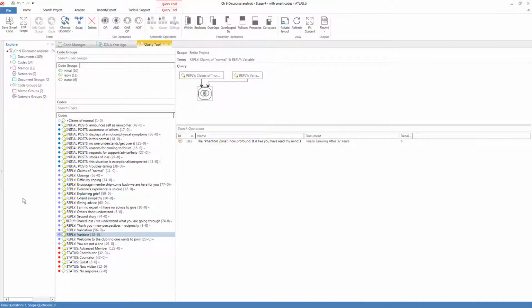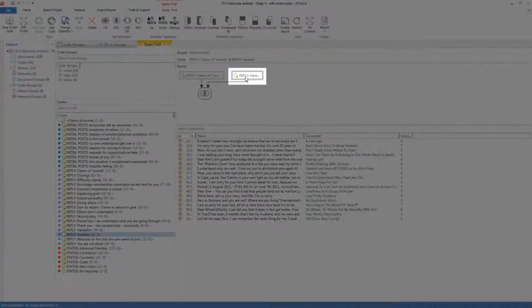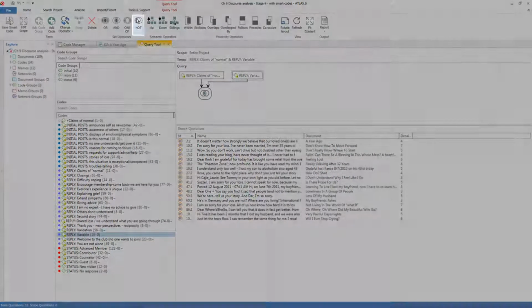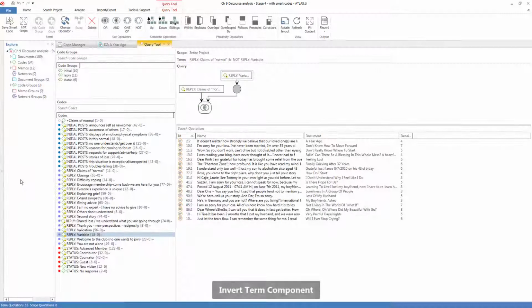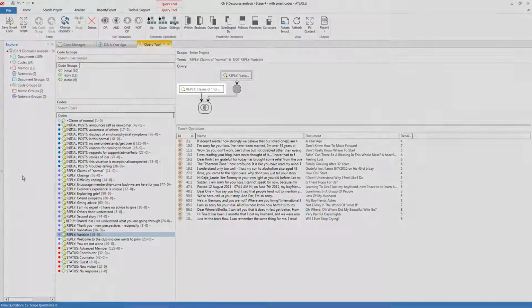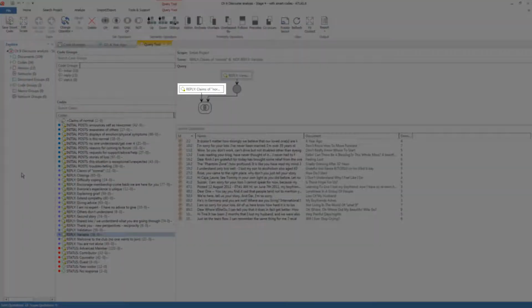Now I'm going to add to the query to make the second smart code by inserting the not operator to the variability code, by clicking on it and then clicking on the not operator. We can read this new query easily. All quotations coded to claims of normal and also coded to not variability, or maybe in better English, and not